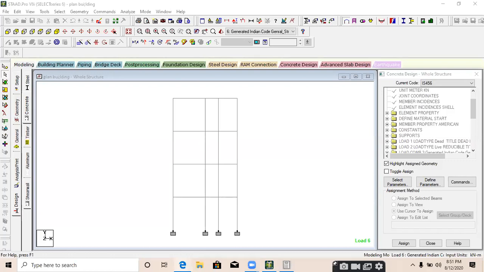Which software is better for RCC structures, STAAD or ETABS? Both the softwares are good. In ETABS, you will find more detailed drawings. The latest version of STAAD Pro, which is STAAD Pro Connect Edition, is also good for RCC. But you will find more detailed output results in STAAD Pro as compared to ETABS. In industry, many big companies are using STAAD Pro because it's an old software and they already have the license, so they are not trying to switch to ETABS and others.